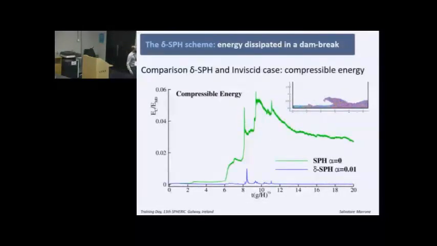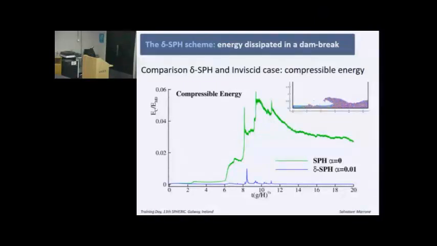Another interesting point is comparing the Delta-SPH and the implicit case, the one that I showed you before, without any artificial viscosity. And here we compare the compressible energy. So you can see that the compressible energy in the Delta-SPH scheme remains always very close to zero, to the rest condition, apart from the peak that I mentioned before. While in the case